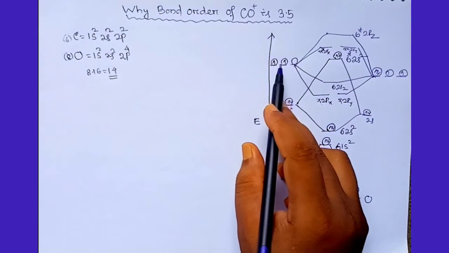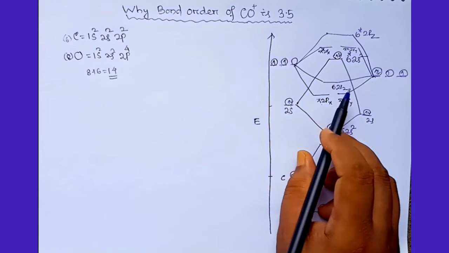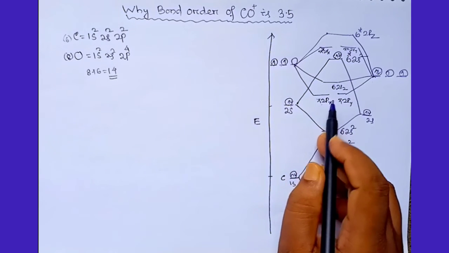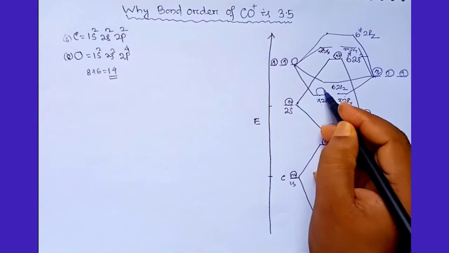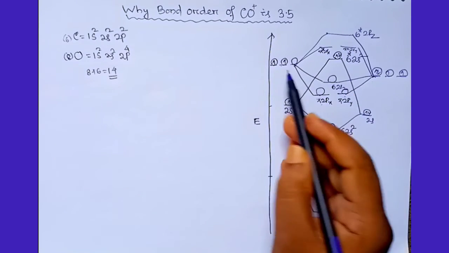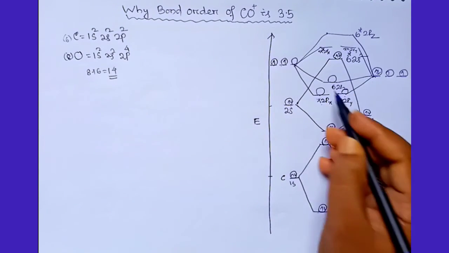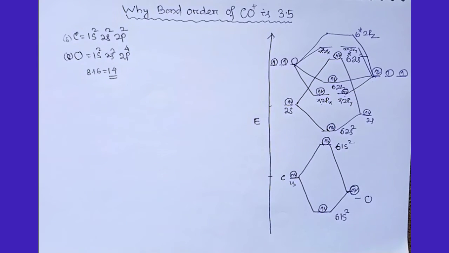So in the linear combination of atomic orbitals, 3 orbitals from each atom, a total of 6 orbitals, take part. As a result there will be 6 molecular orbitals, 1 2 3 4 5 6. So we will put the respective electrons here. How many? 4 plus 6, so I put the electrons 1 2 3 4 5 6. Now these are the molecular orbitals arranged over the nuclei of two atoms in a given molecule.